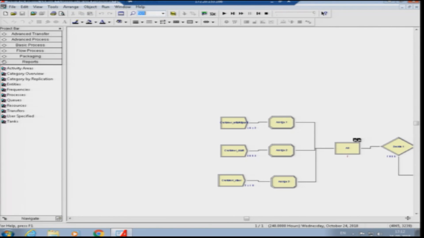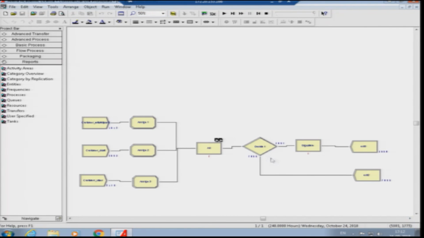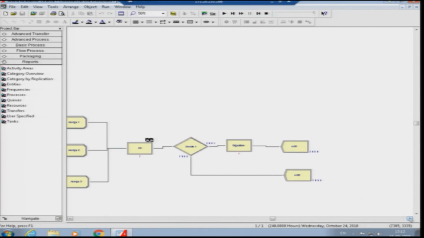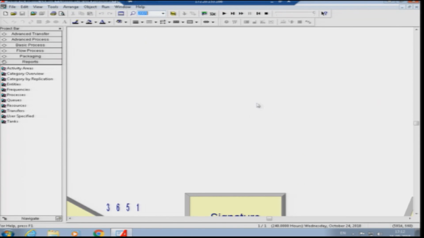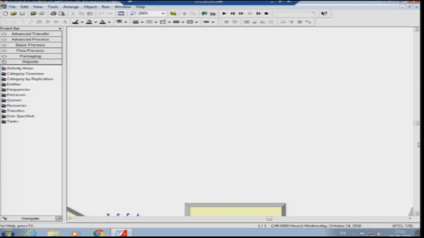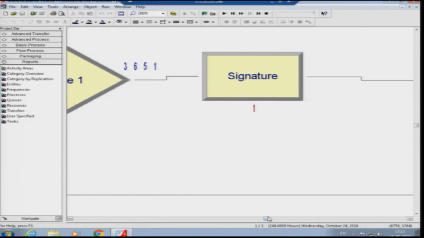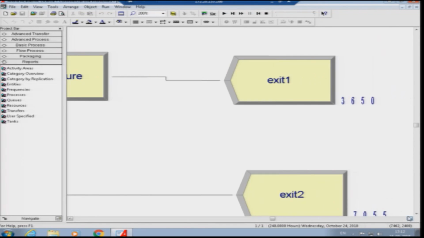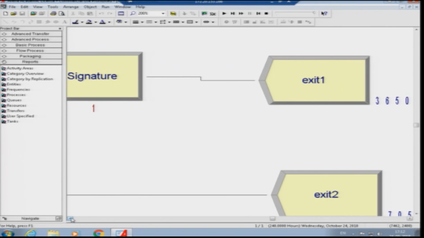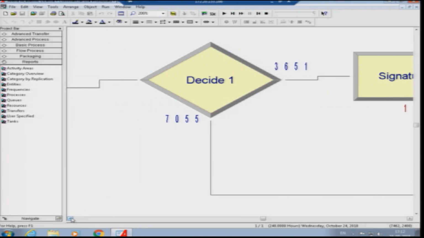Similarly, you can see at the decision node as well, there are 3651 entities that have been diverted by this decision node.